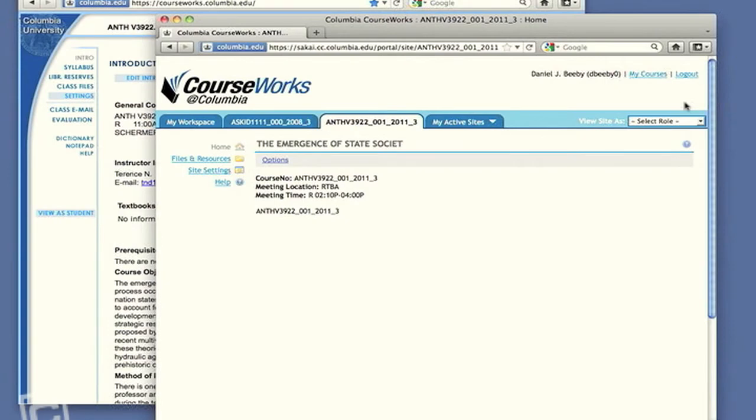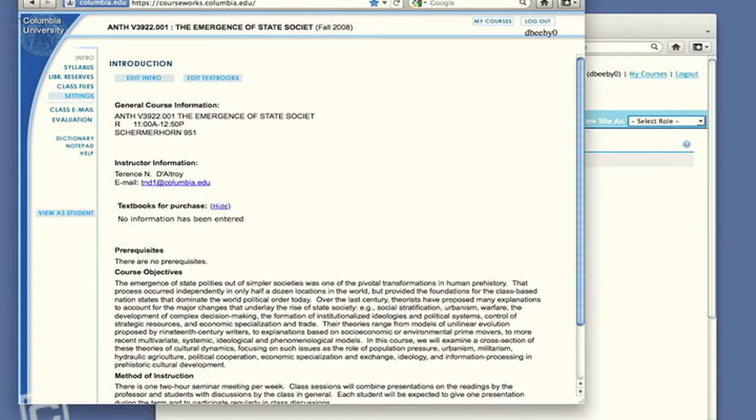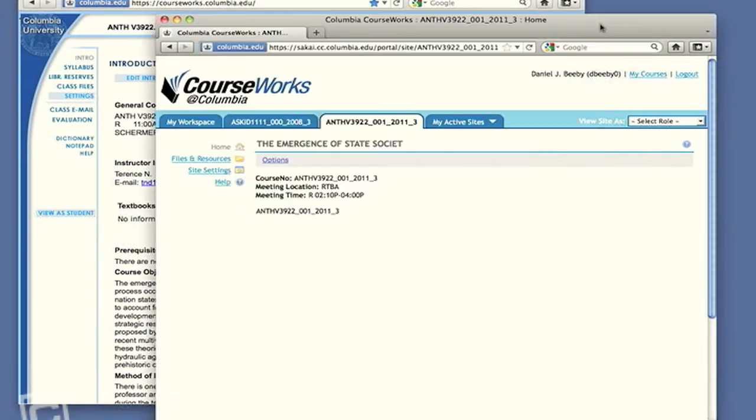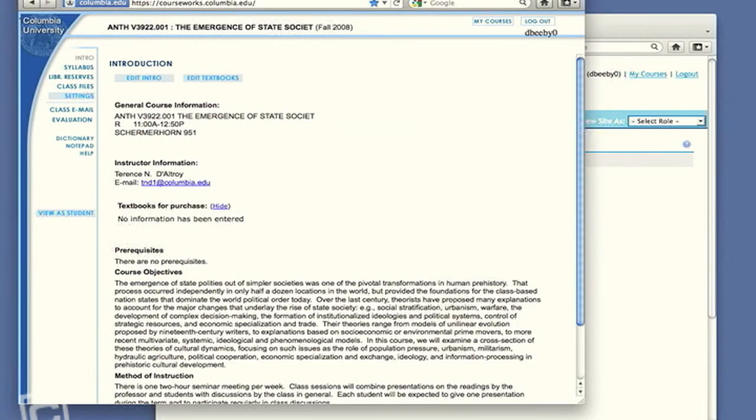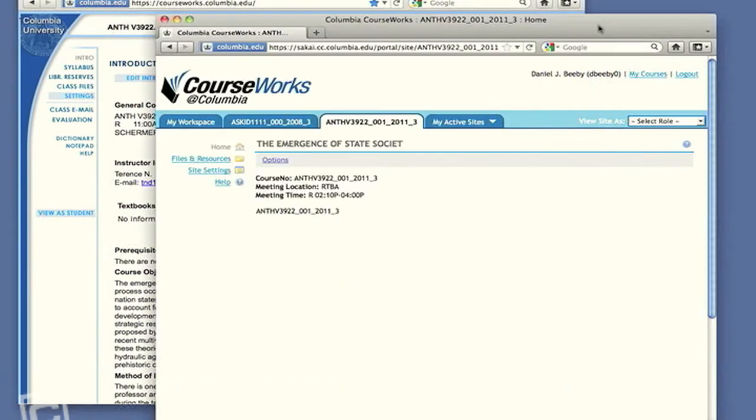I'm going to walk you through how to do a migration from an old CourseWorks site to a new CourseWorks site. I might refer to new CourseWorks as Sakai from time to time because that's the technology that underpins new CourseWorks. As you can see, I've got an old CourseWorks site here. This is an anthropology site from fall 2008. And I also have the new CourseWorks site here. This is the same anthropology course from the fall of 2011. And I'm going to move the content of this course site for Professor Daltroy, who's teaching this class in the